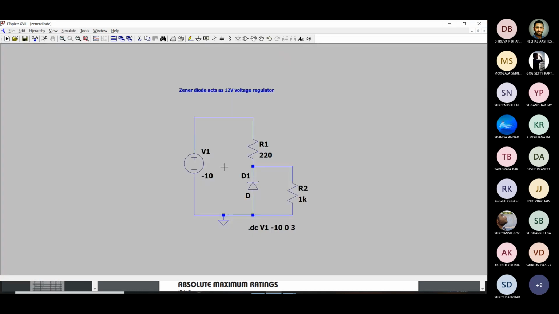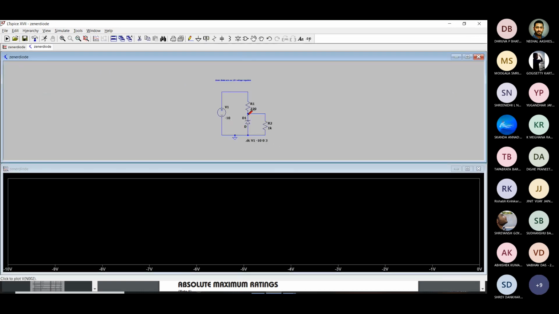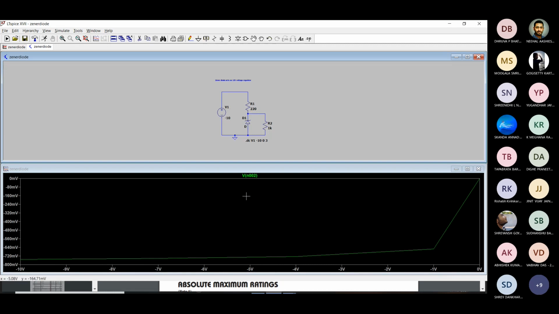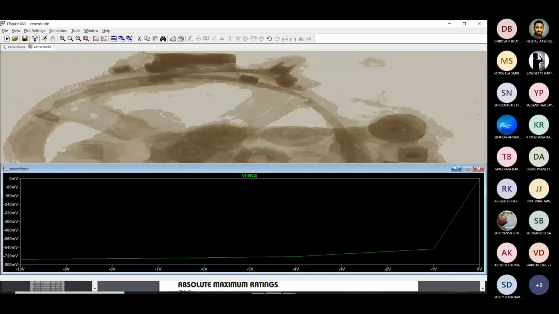Now this is the load, so the output will be measured here. We can see a constant voltage is maintained here till the Zener diode is biased at the Zener voltage point. After that, as it goes to the forward biased mode, it acts just as a normal diode. Now next we have the demonstration of op-amp circuits, which will be taken up by Dhruva.